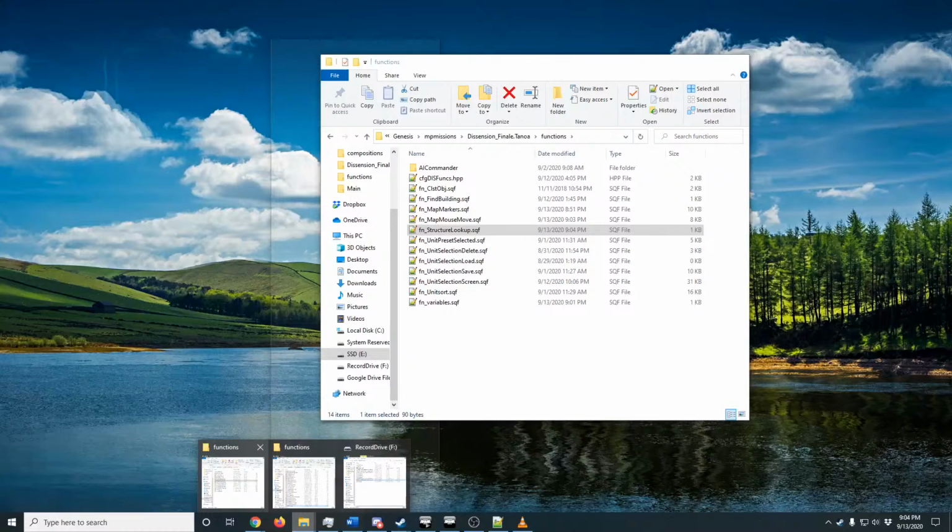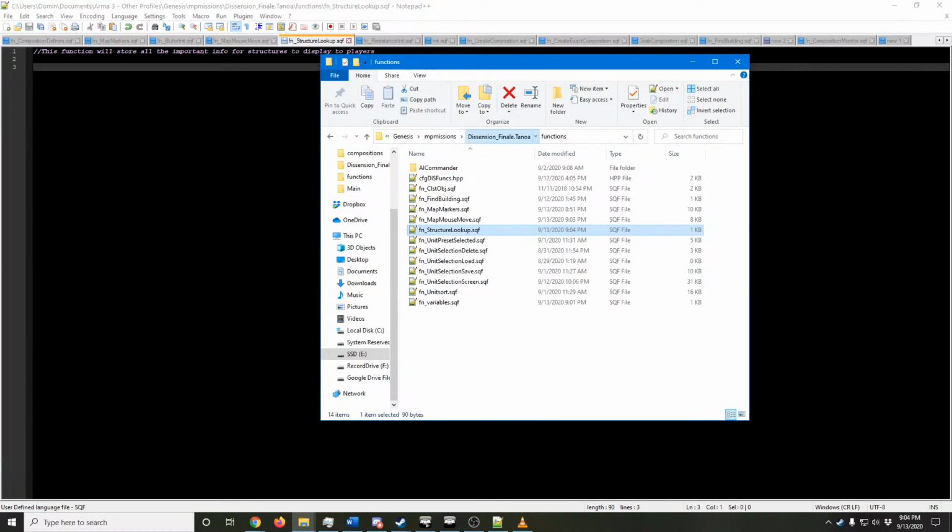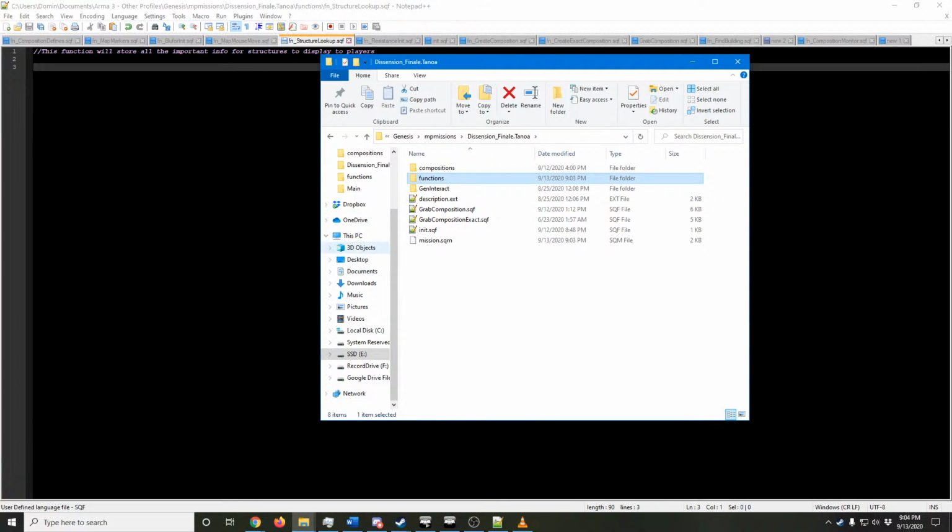This function will store all the important info for structures to display to players. This way we don't have to save it into each individual thing. So that's great. What we need to do is add that to our, before this becomes a real function, we have to back out,